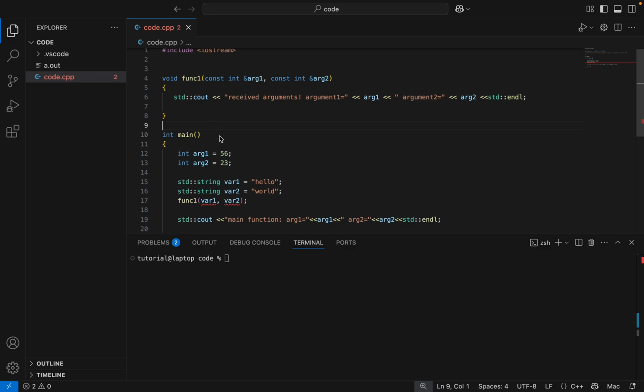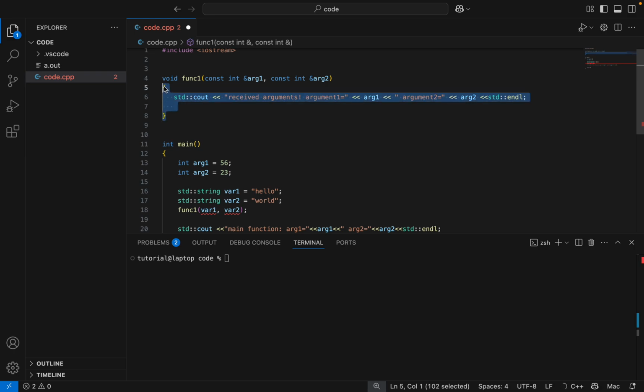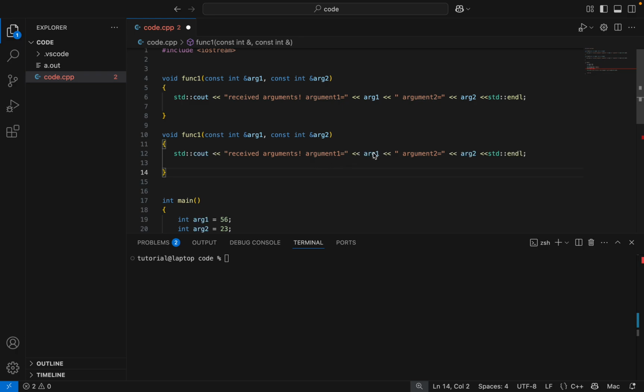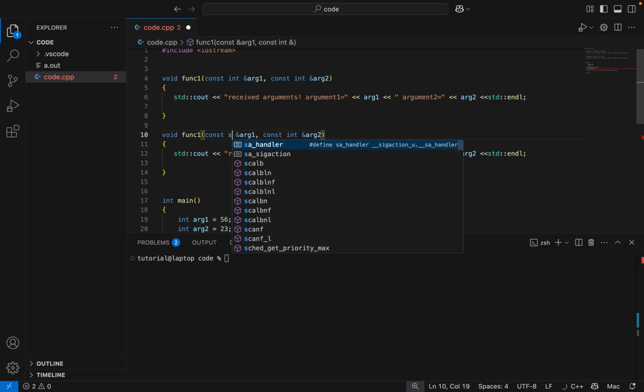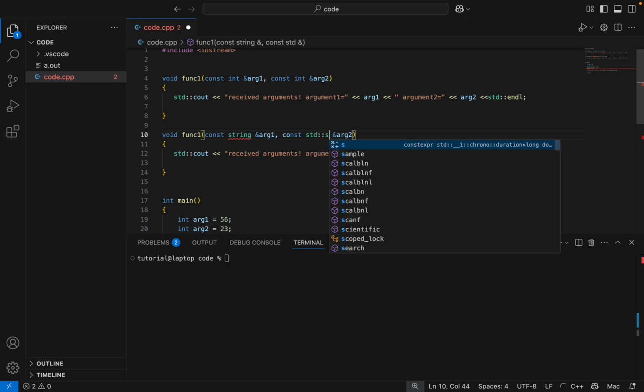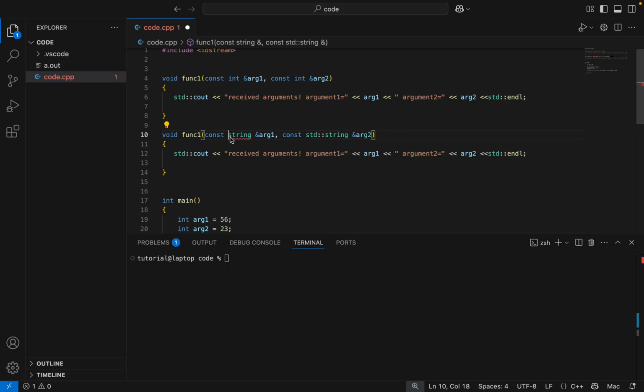There will be some scenarios where you want to pass these string variables to this particular function and do exactly this, nothing different. The only thing is that, instead of passing the integers, you want to pass strings and do exactly what you were doing here, that you wanted to tell you received so and so arguments. So what we can do for that is get rid of these integers, and instead specify them to be strings, and we can rename this particular function,